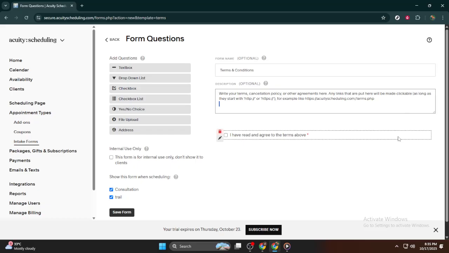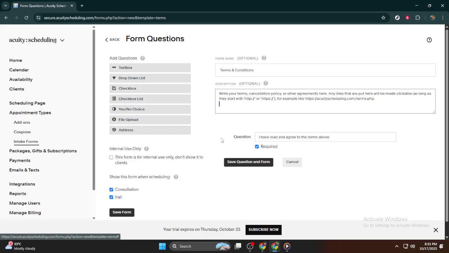Let's move on to refining how your clients will interact with the form. You'll notice an automatic checkbox that reads, "I have read and agreed to the terms above." This can be modified to suit your specific requirements, perhaps changing it to, "I have read and agreed to the terms above and have completed the intake to the best of my knowledge." This change can add clarity and specificity. Additionally, consider adding a box for initials. This simple step further confirms that the information provided is accurate and acknowledges that the client has read and accepted